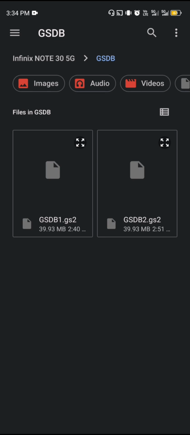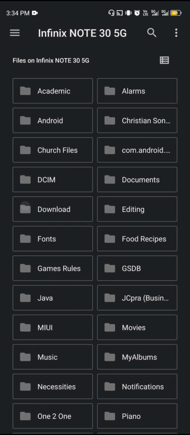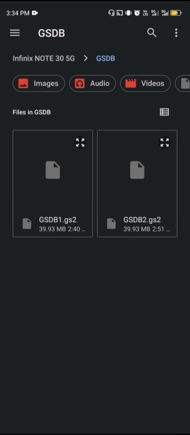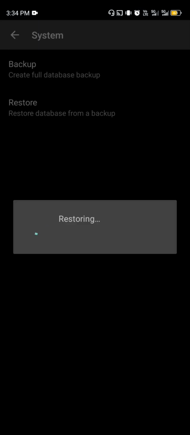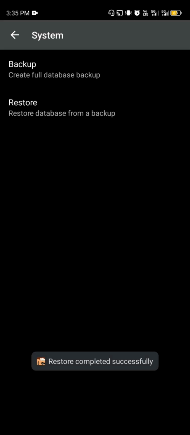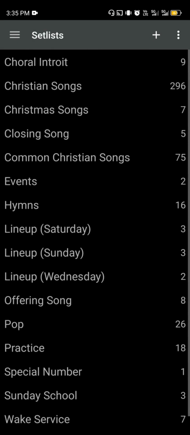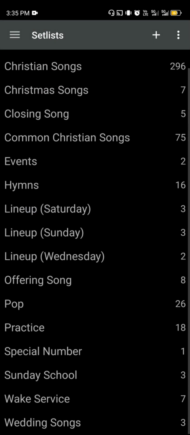Like I've said, it will be in your download folder because you downloaded it from the G Drive link. So here, I stored it in GSDB, so it is here. And now I can just press it. Then the application will take time to restore or import your database. Then, as you can see, again, I restored it successfully.